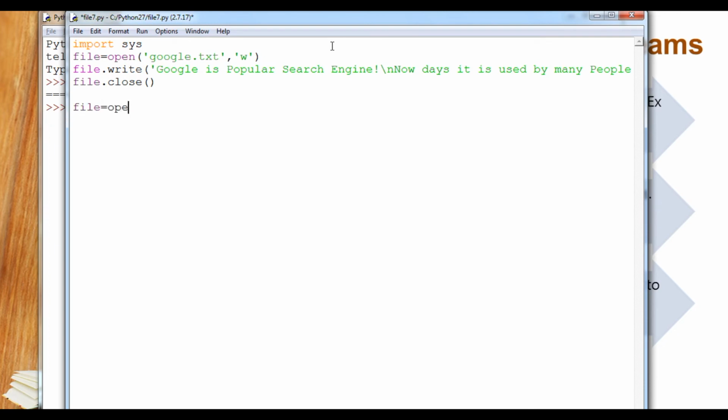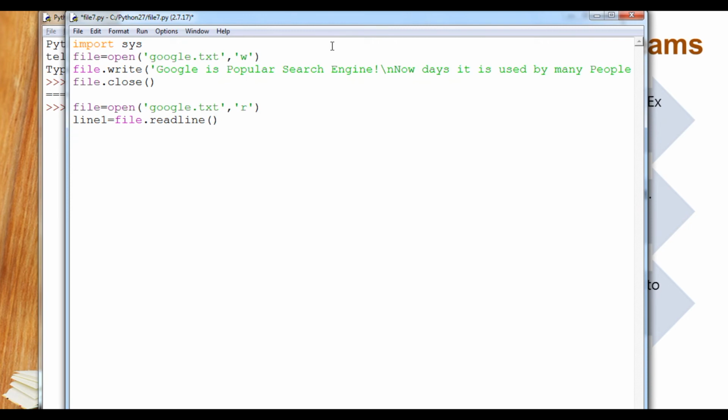file equals open, and the file name is google.txt. Student, this file was actually created in my current working directory, which is a relative path. Read mode, and then I create line1, that is file.readline. It will read one line only.